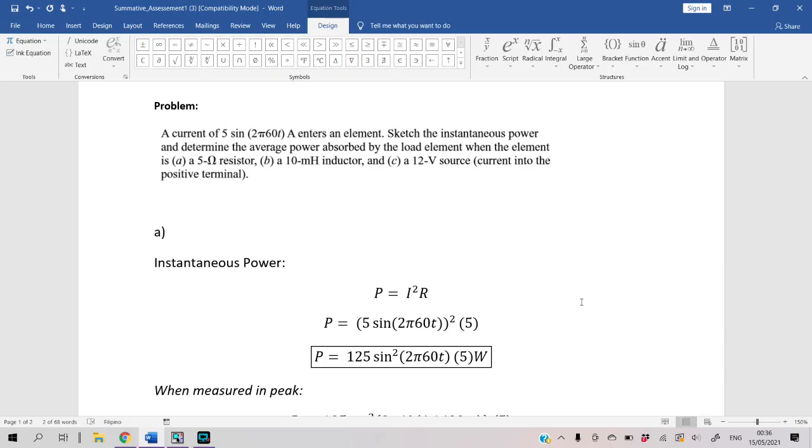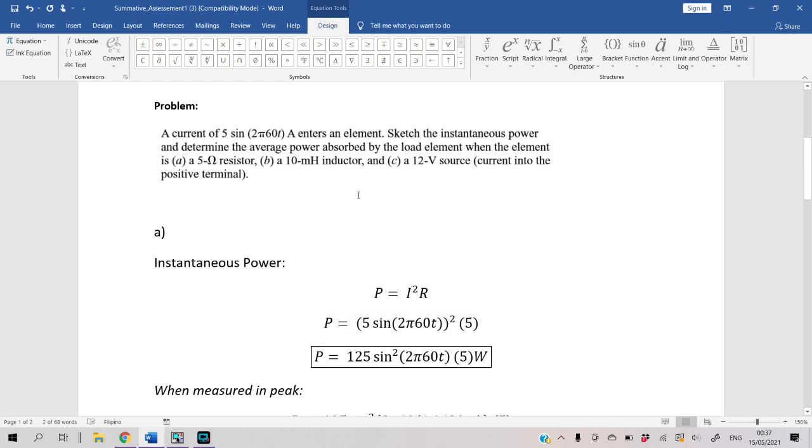In this video, we will try to solve the given problem using PSpice, and we will prove that the measured value is accurate or closer to the computed values for this certain problem. So as we can see,